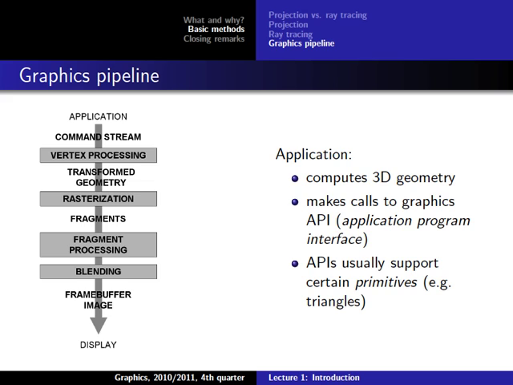An API is basically a library or a set of functions that is used for some special purpose, and in our case it's graphics. If you want to program graphics, you usually use a graphics API, which is a set of functions that help you easily create nice graphics images. In graphics we often have APIs like OpenGL, which is a very common one, or the Microsoft version, DirectX or Direct3D, which is the graphics part, and then we also have shader languages, which is